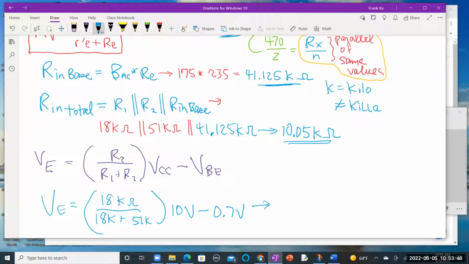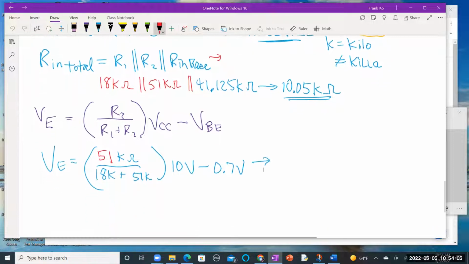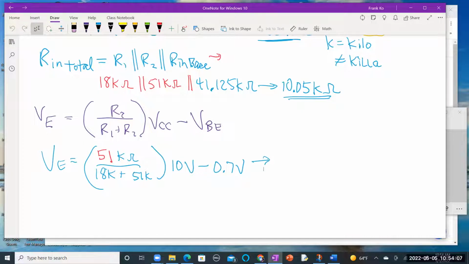I don't think I typed it in exactly the same way. I got 1.908 though. I totally apologize. I popped in the wrong one. I wrote down R2. It should be 51. So 51 over 18 plus 51. I totally apologize. Okay. So 51 divide by open parentheses,